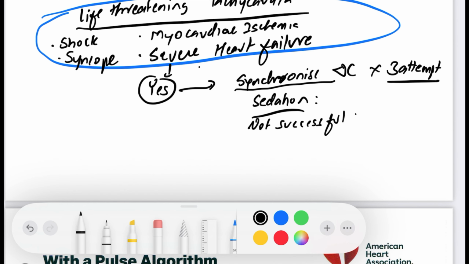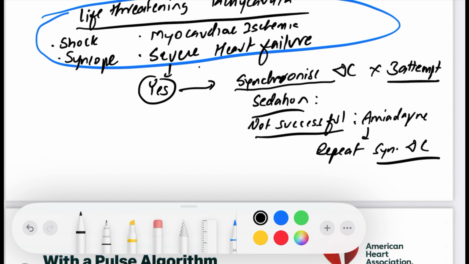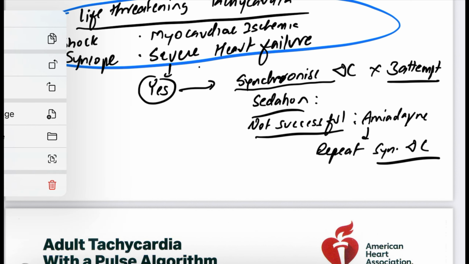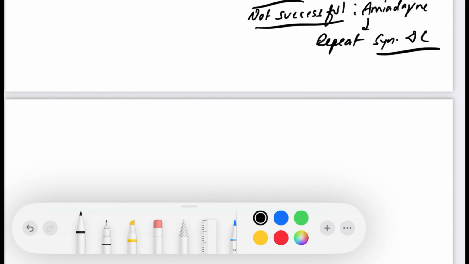if not successful, you can try amiodarone, and repeat synchronized DC cardioversion. After that, if these are not present,